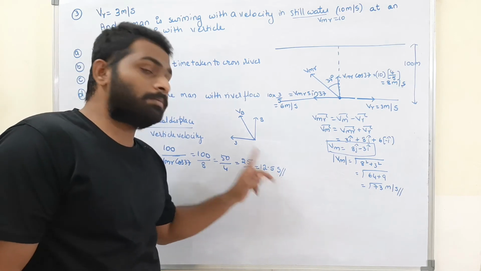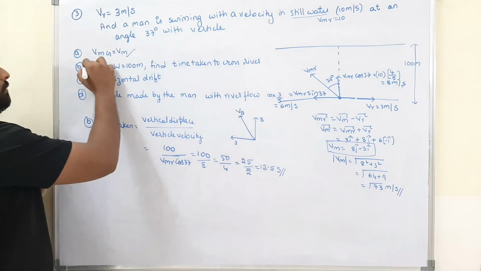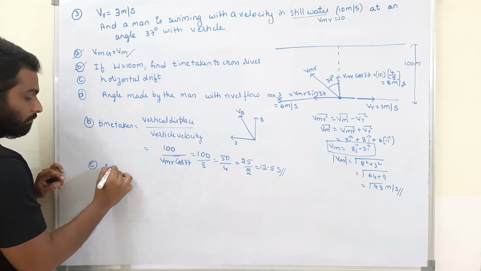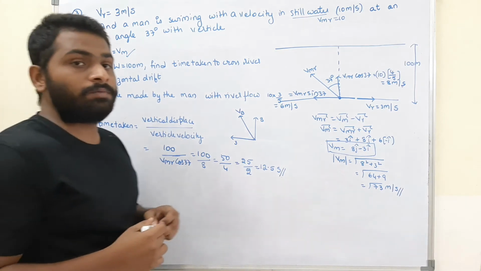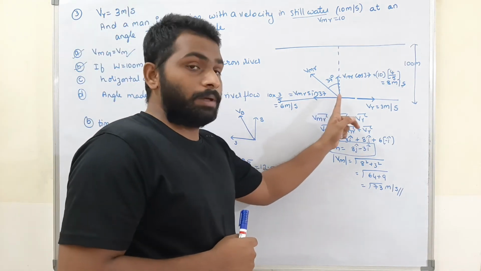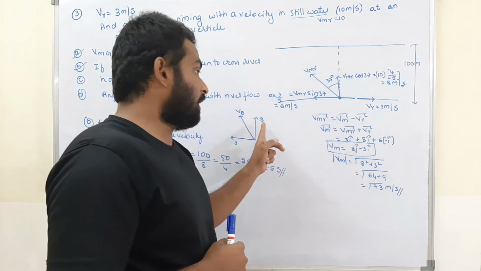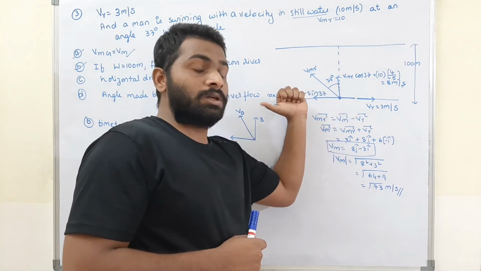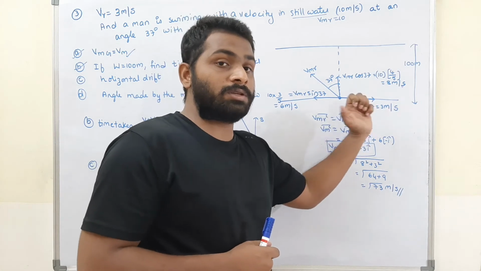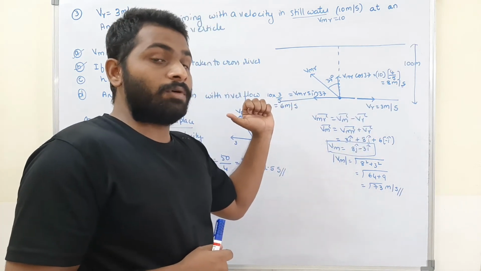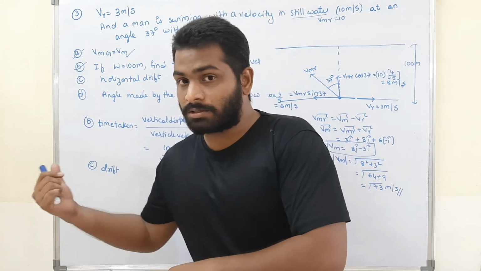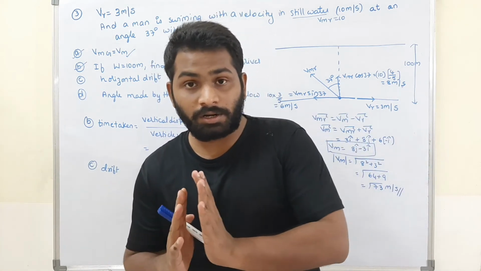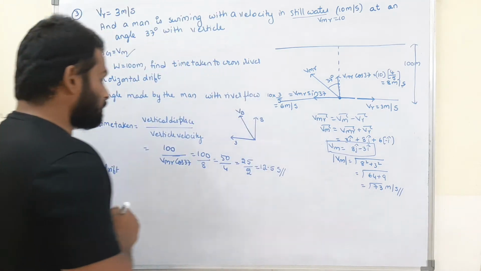In the same time, now what are you going to find? Drift. Now what is the drift? The man has vertical velocity of 8 meters per second. Now the man has velocity this side of 6, and that side the river velocity is 3. What is the resultant velocity? The man is swimming that side with 6 and the river is pushing him that side with 3. Therefore, the resultant is 3, the horizontal resultant velocity.